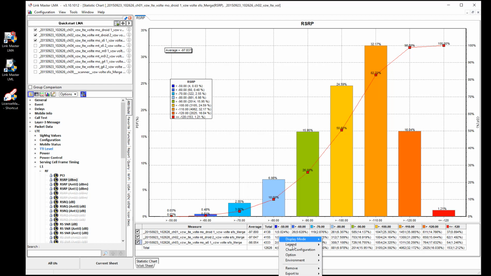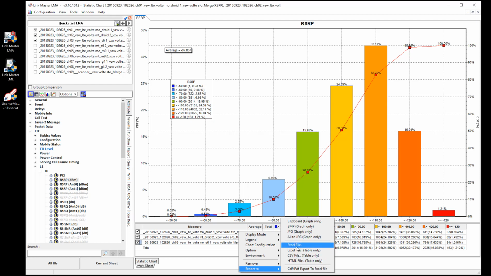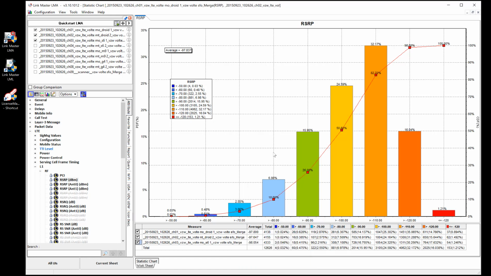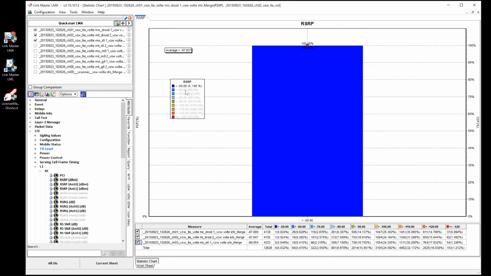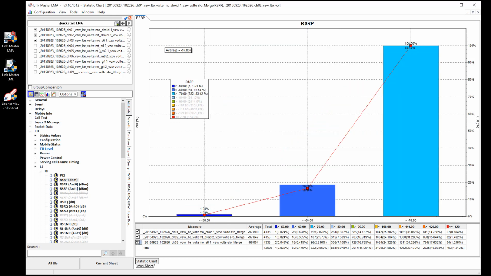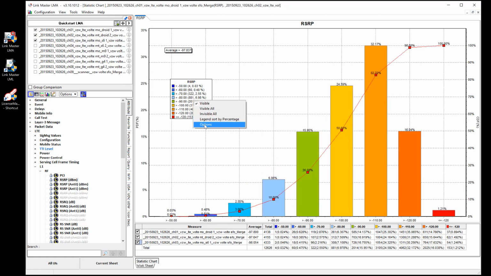You can right click here. Let me come down a little bit more, make this one so you can see it. Grab that up a little bit. Right click, and we can export it to an Excel file if we want to, or export the raw data to an Excel here if you want to manipulate it in a different way. There's ways you could turn things specifics off. So if you turn on just individual distributions if you want to, or you can turn them on. And then you also have the options here